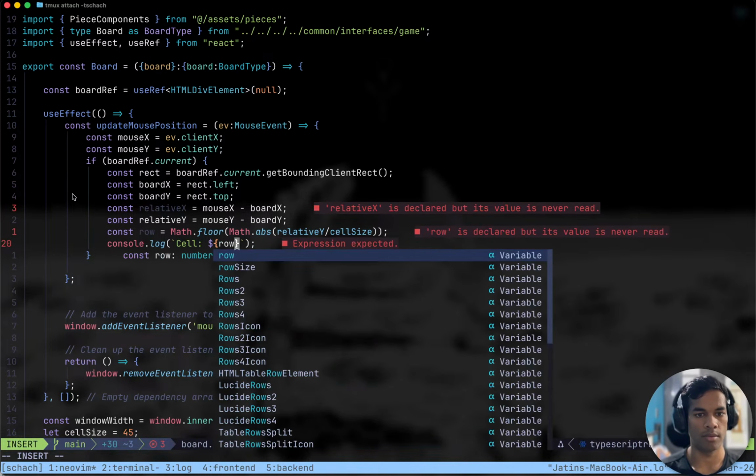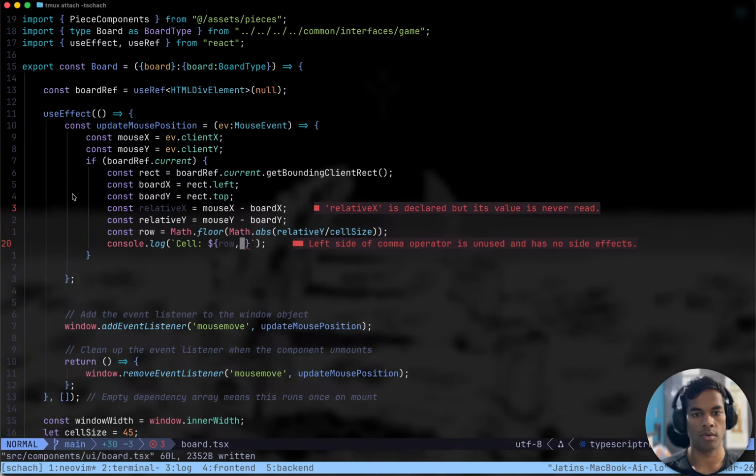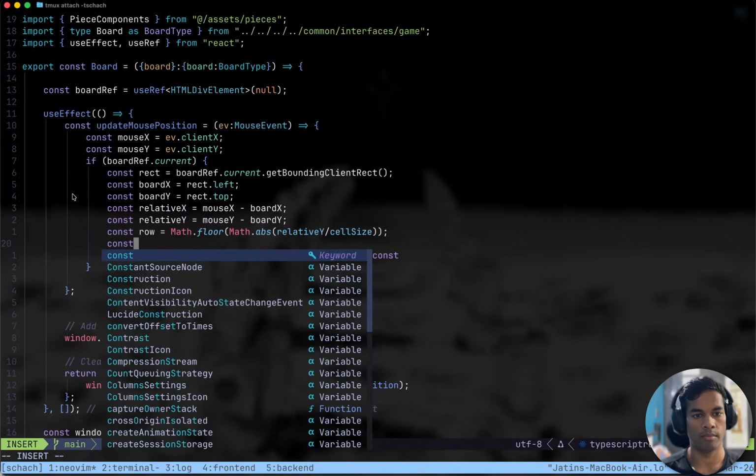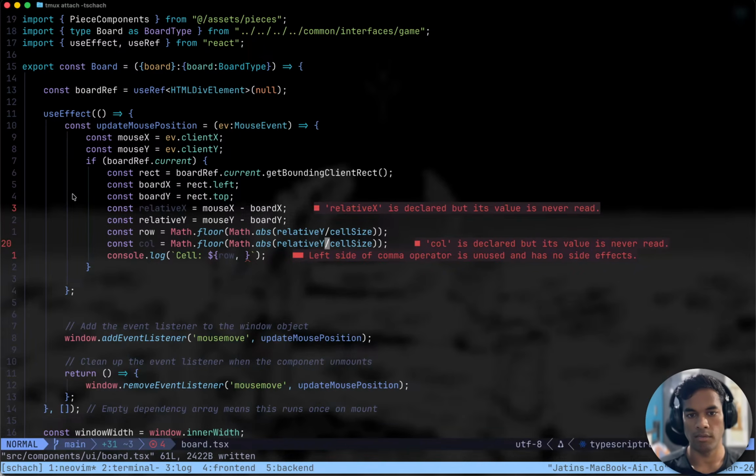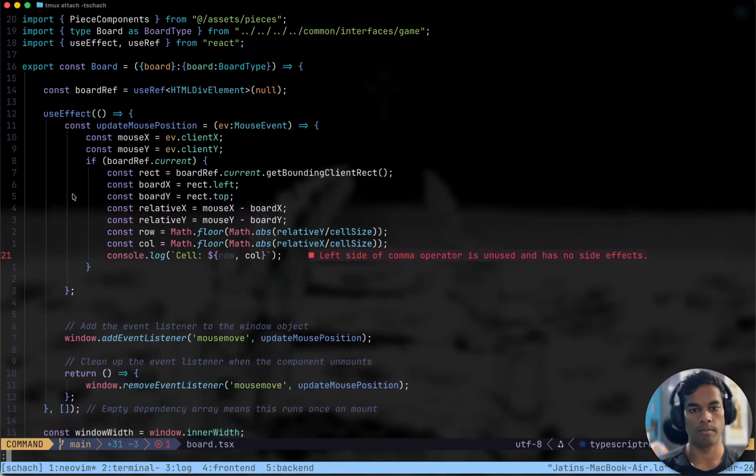Cell would be row space column. Column would be the same thing except of relative y we use relative x here.